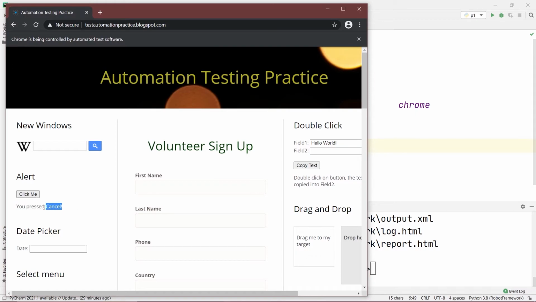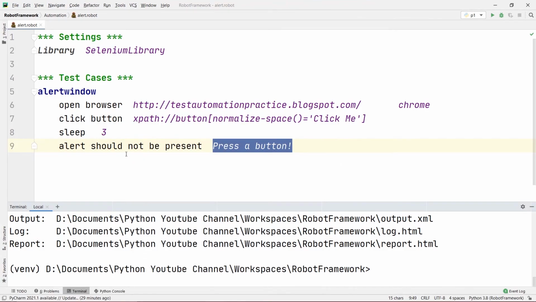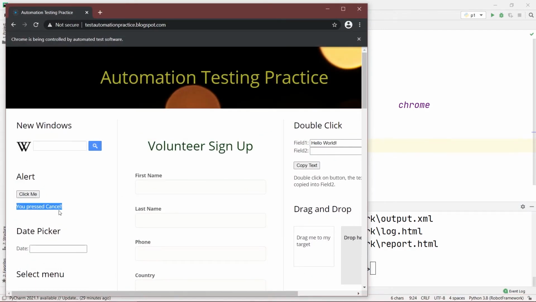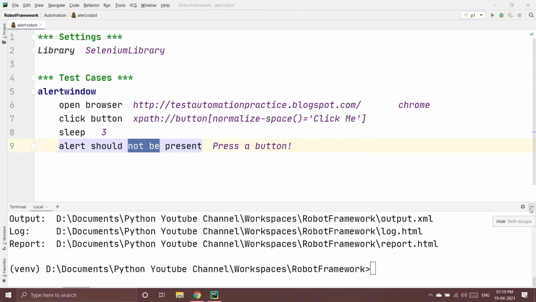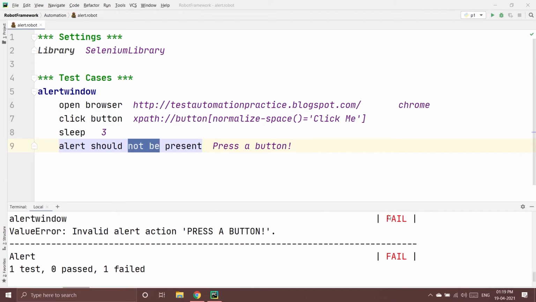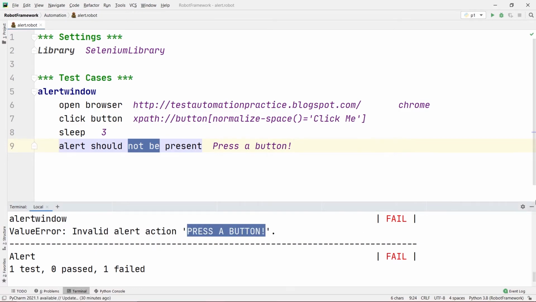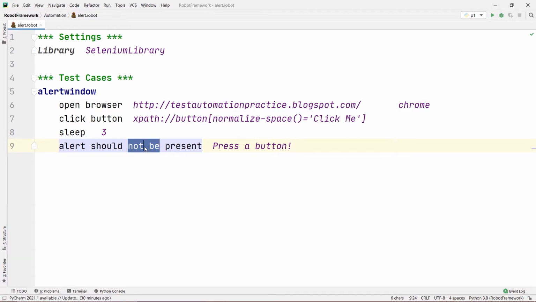It didn't press OK in this case because we wrote should not be present, so it won't press OK for you, instead it will press cancel this time. So you see our test is failed and it pressed the cancel button, so it says invalid alert action, which is "press a button".